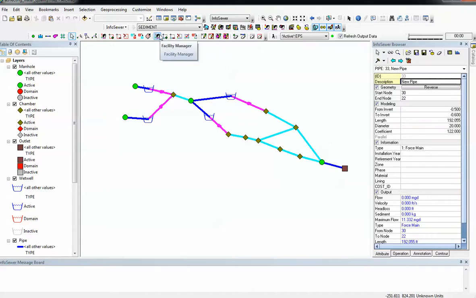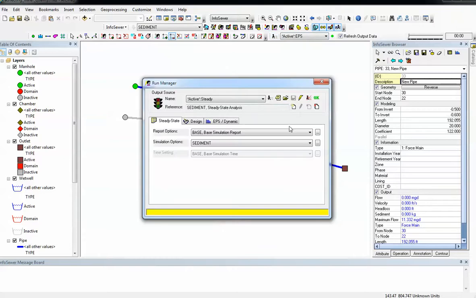So we'll use deactivate. So we'll deactivate some of these links. This link over here, this link over here, all these links. So now those are deactivated. Now we'll go ahead and run this in steady state. And it ran. So now we have our